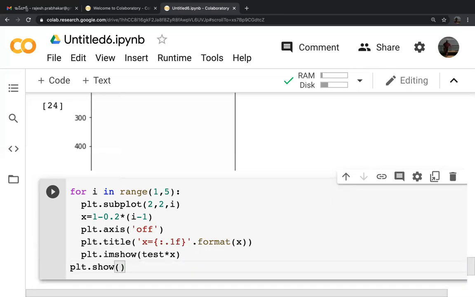So what we are trying to do here is take different values between 0 and 1.